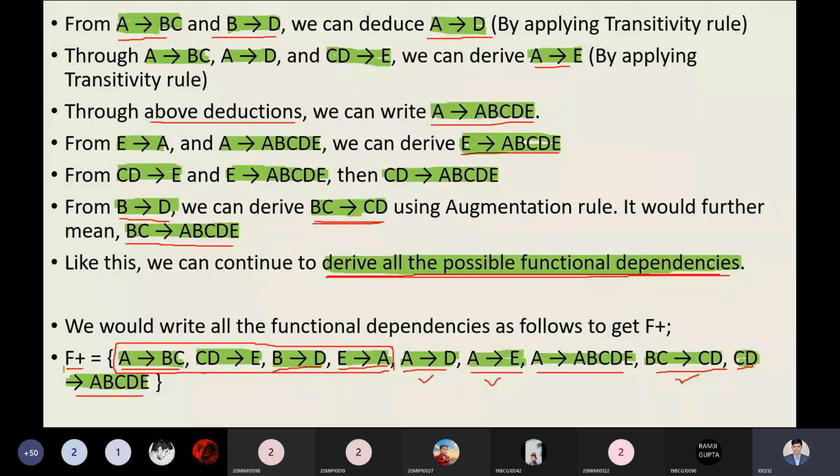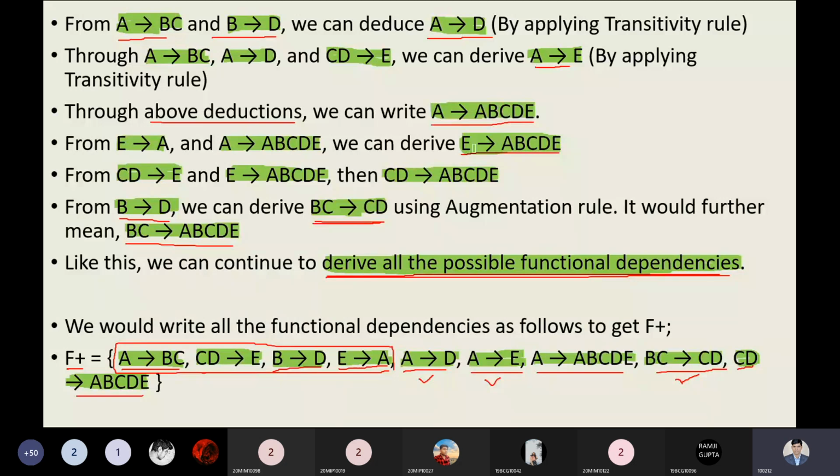A student can ask a question, sir, you have not included the E determinant to A, B, C, D. Yes, of course, you can include. So all the possible FDs which are available for solving the question, then we can also include that part. E determinant to A, we can say E determinant to C. So where is E determinant to C? If it is not possible, then how can we write? If there is some possibility, then we can include. But keep in mind while applying the proper rules, and that is a simple answer.